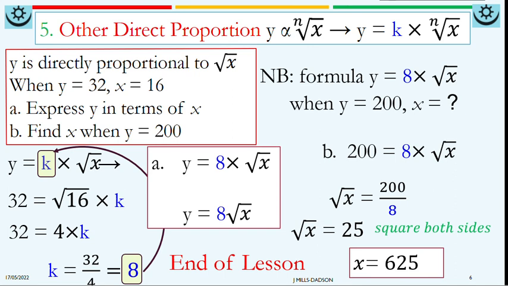So that's the end of the direct proportion lesson. Look forward to the second lesson,